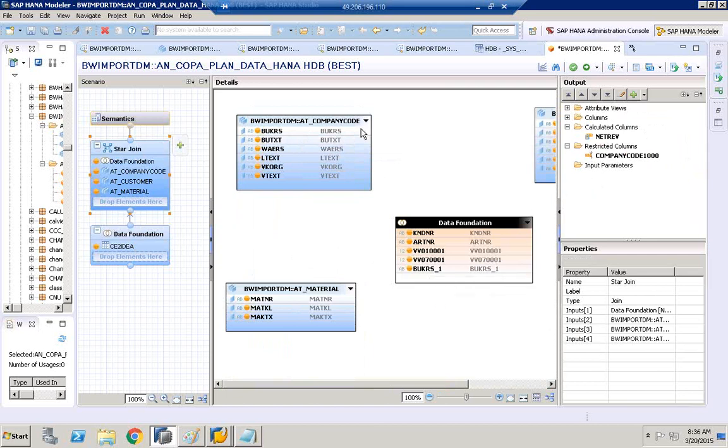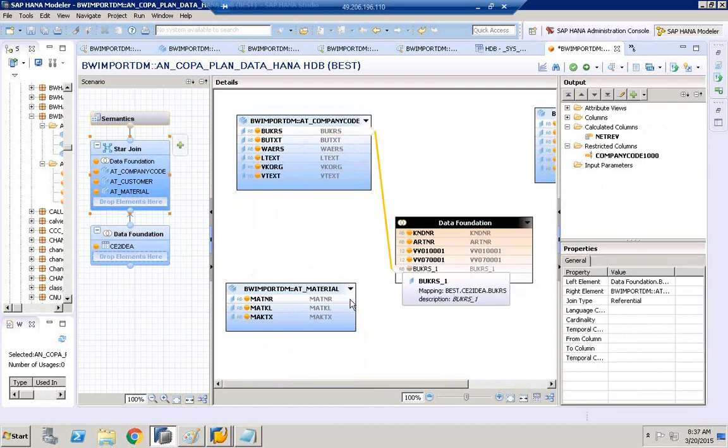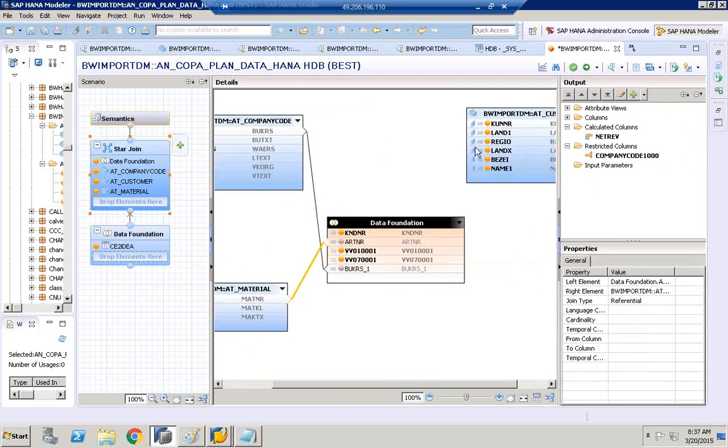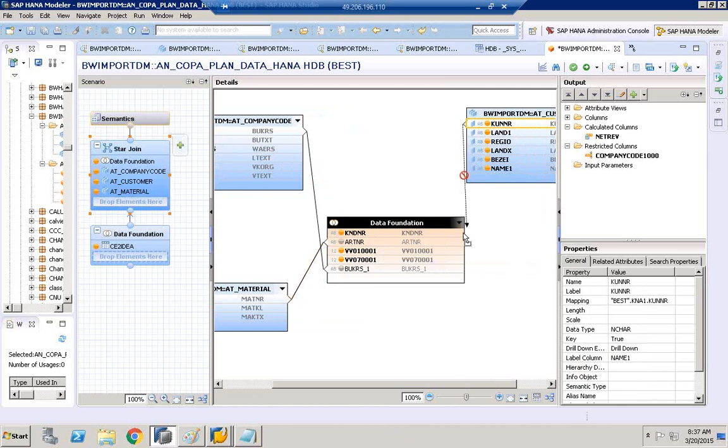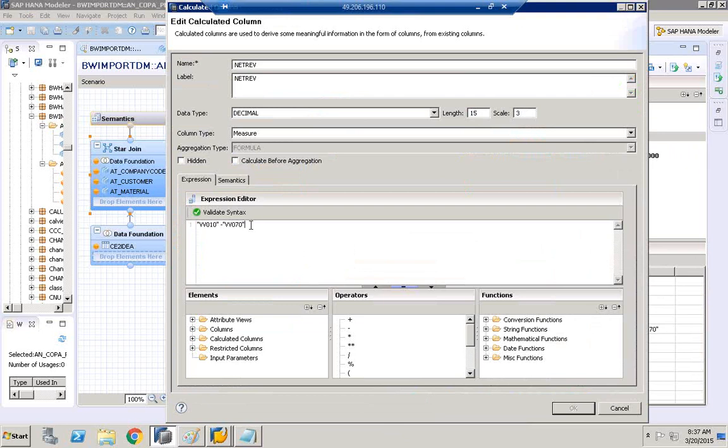So now I'll again join BUKRS to BUKRS, material to material, customer to customer. I need to adjust these calculated columns. I'll right click, edit, remove them, because these are old measures, old technical names for actuals. I'll remove,